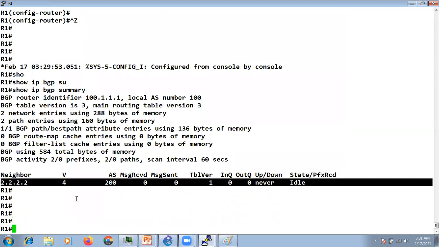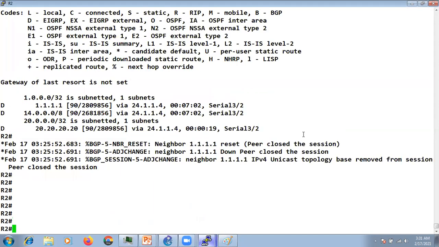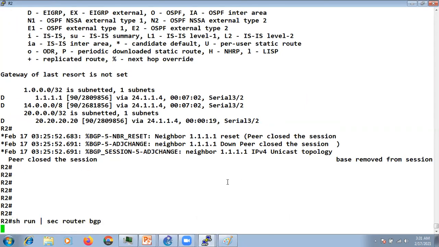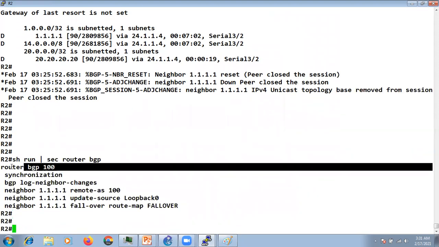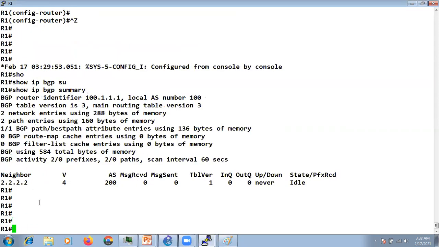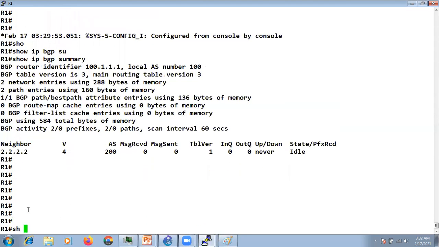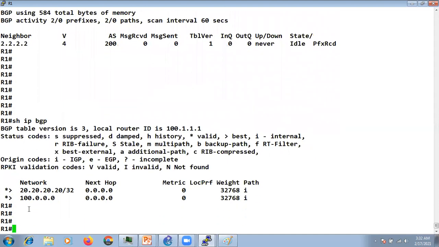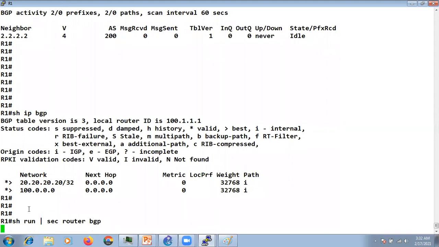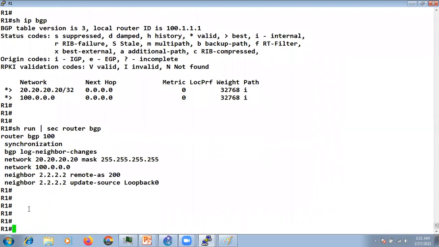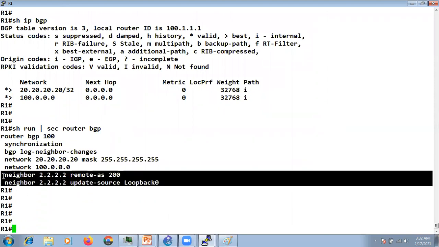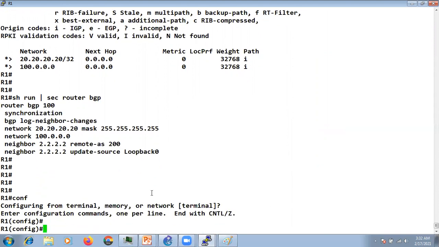Why? Because the neighbor is in AS 100, and what you have mentioned is that your neighbor is in AS 200, right? So your neighborship is not going to come up. So this is one of the conditions.